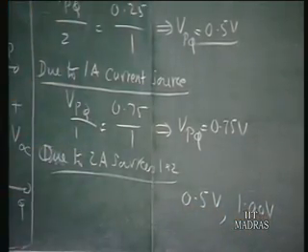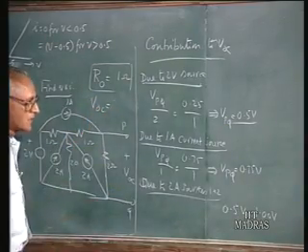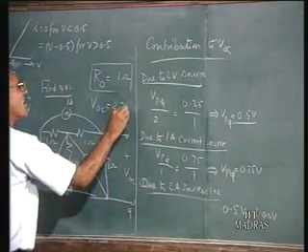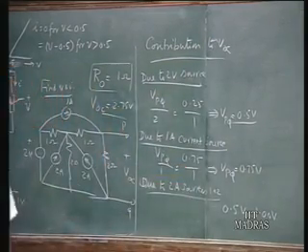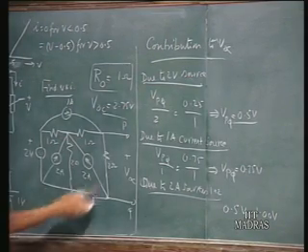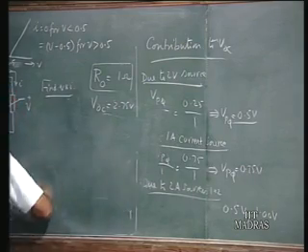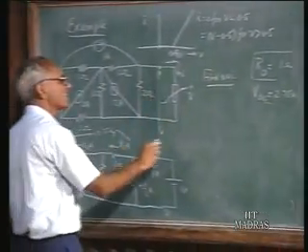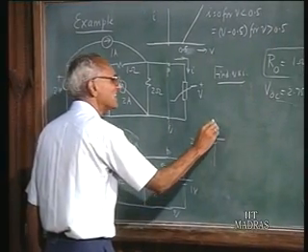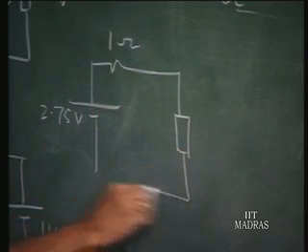So the total contribution to all this put together will turn out to be VOC is the sum of all this. So 1 plus 1, 0.5 plus 2, 2.75 volts. So you can complete this work and show that the total voltage is 2.75 volts. So once you have that information, now you have the Thevenin equivalent as far as the terminals are concerned. You have 2.75 volts and the Thevenin resistance is 1 ohm, and this is now connected to the nonlinear resistance here,